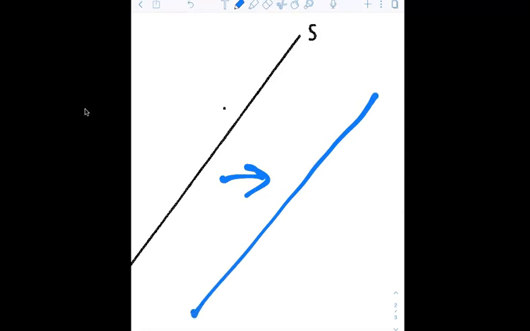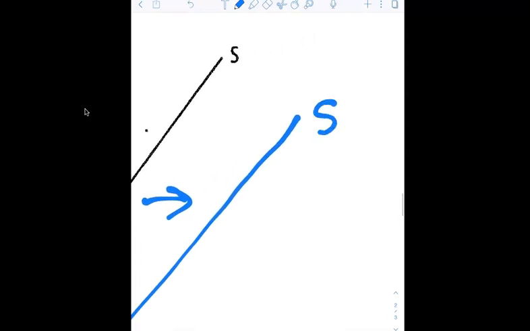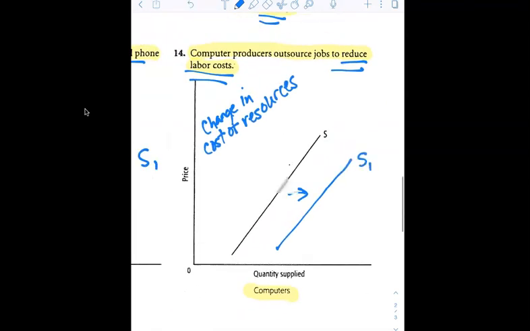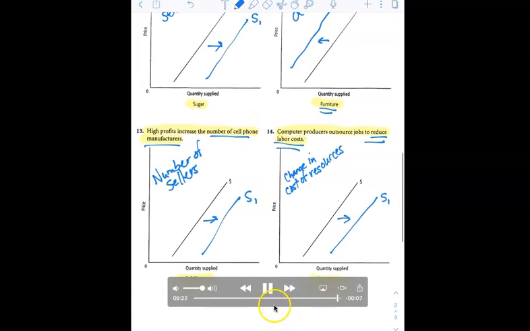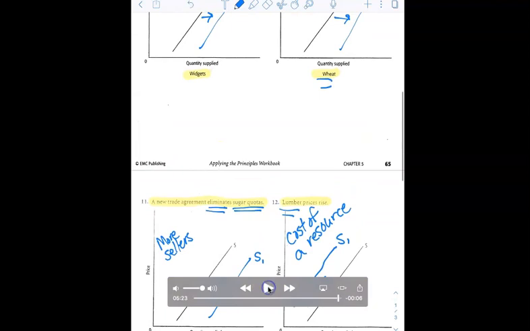Draw a new curve. And we have S1. Now, something I want to point out to you while I can here, just to finish up the video, is